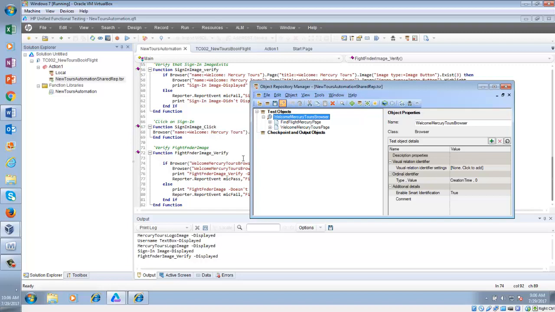Then when you are working in a team, the purpose of the shared object repository is so that all people can use it, is that correct? Yes. So in this case what we are seeing is that one person at a time can use this object repository. So this is a real problem.